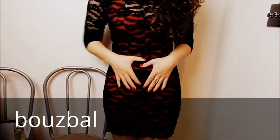But this is what it looks like on, and I'm sure you can see it really, really does make a difference, and it makes your body look great. It just kind of feels a bit sad that your body doesn't look like that when you take it off. Things just kind of spread out a little bit, but on it makes everything look amazing. So that is what it looks like on, and I think you'll all agree it does really, really make a good difference. The only thing that I think maybe could be done